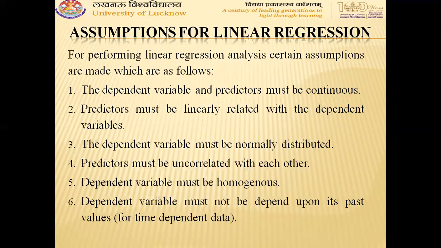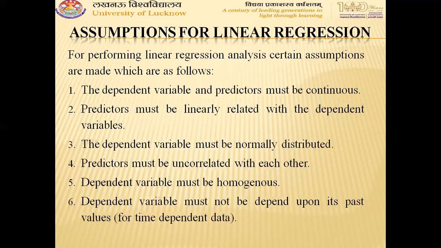Then we use the correlation coefficient to check whether these are slightly correlated, moderately correlated, or highly correlated. Generally, regression is used for highly correlated variables if there are only two variables. If there are more than two variables, then we can go for moderately correlated variables. But generally, slightly correlated variables are not used for regression.